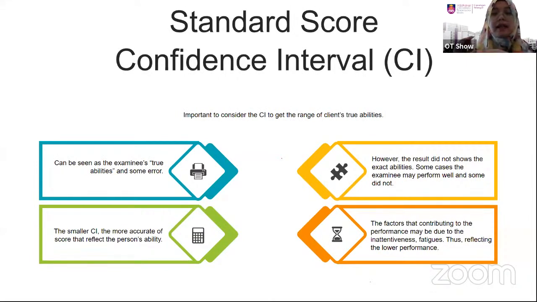Contohnya macam attentiveness, penat ke. So bila dah jadi macam tu dia akan low performance. Okay. So ni dia just capture kanak-kanak tu punya abilities within range dia. Okay. Kena tengok juga cara nak kira dia.